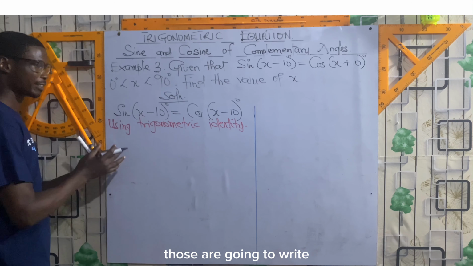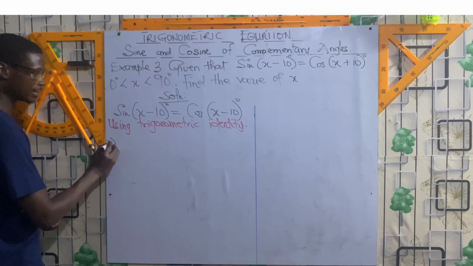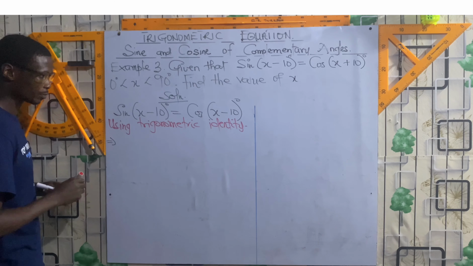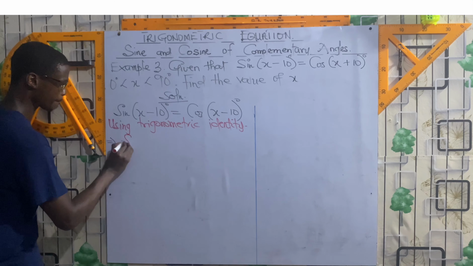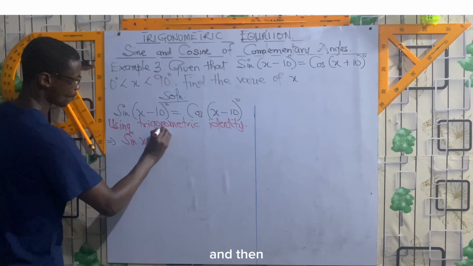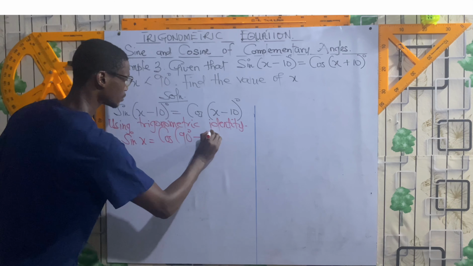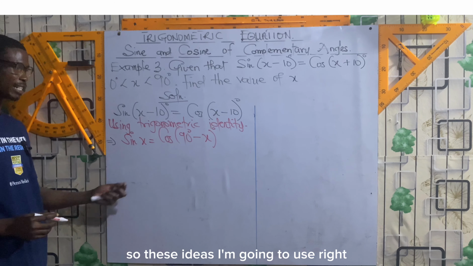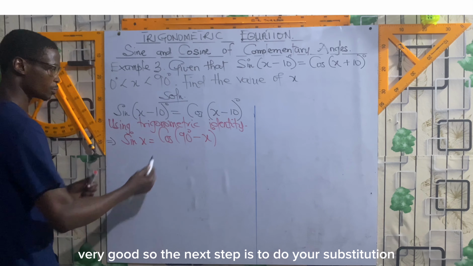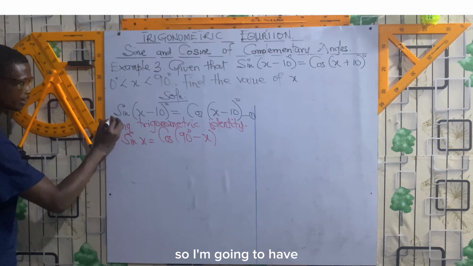Take it very seriously, right? This implies, with my identity, I'm going to say that... so this is the identity I'm going to use, right? Very good. So the next step is to do the substitution. Don't forget to name this equation 1. Okay, so I'm going to have,